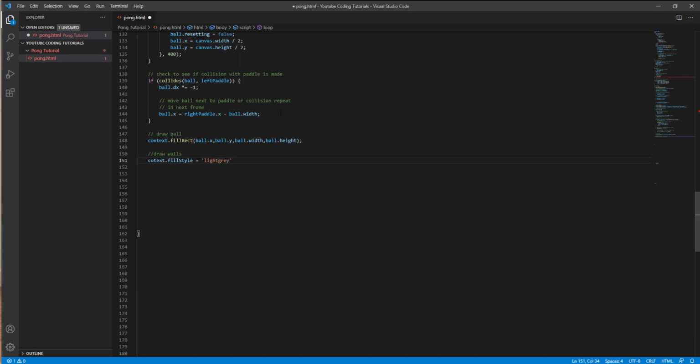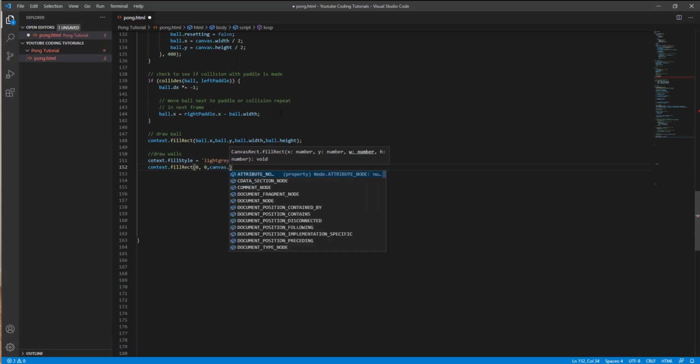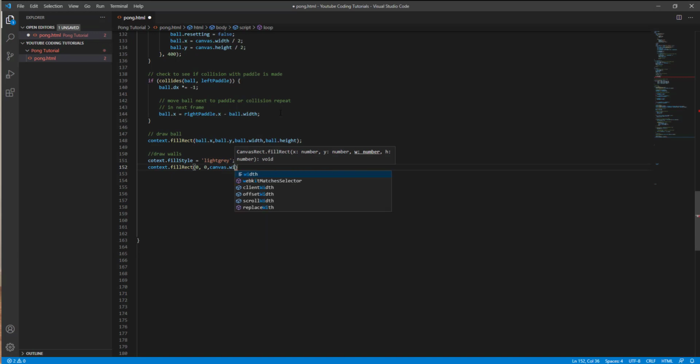So now we can go ahead and close this off, because I'm pretty sure my spelling is correct. And then we can go context.fillRect(0, 0, canvas.width, grid), close it,